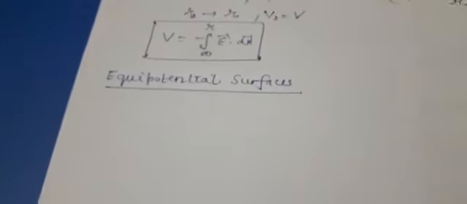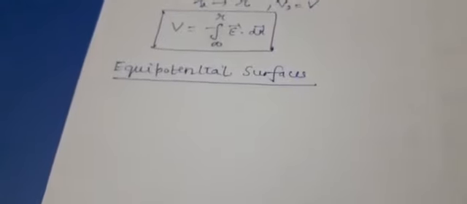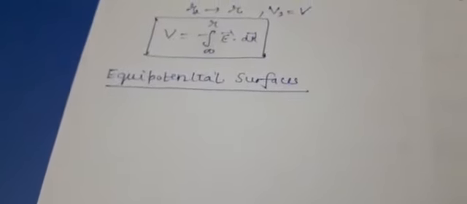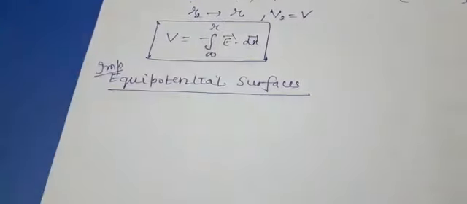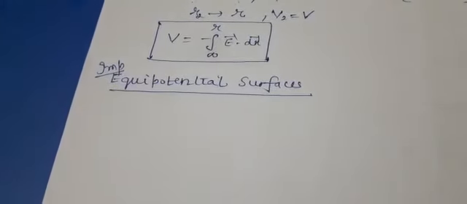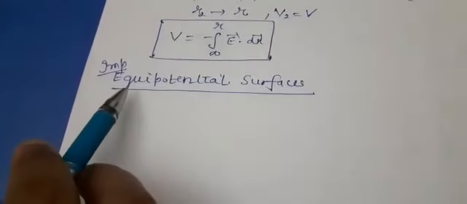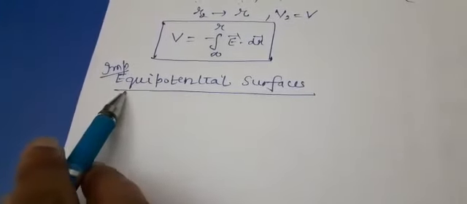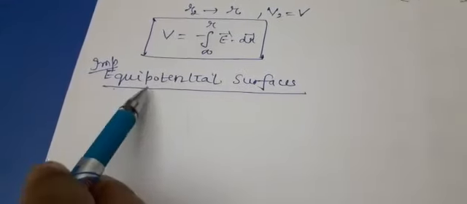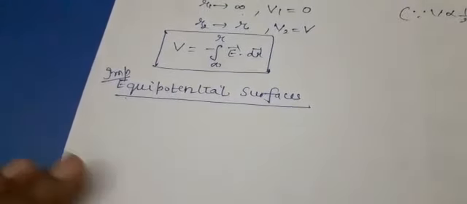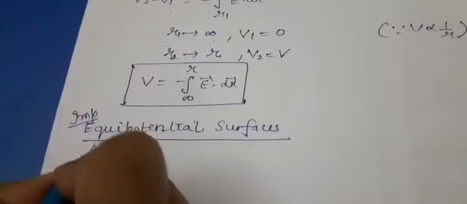Now, after introducing the concept of relation between electric field and potential, the next very important topic we are taking is equipotential surfaces. First of all, let us generalize this equipotential. Equi means equal, potential that is same potential. The surface is having same potential at every point. So equipotential surface is a surface